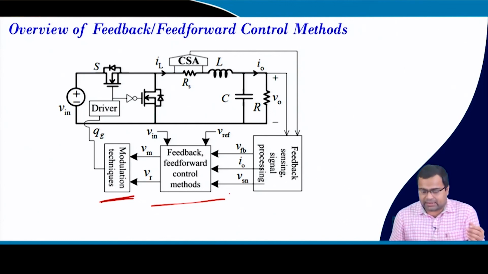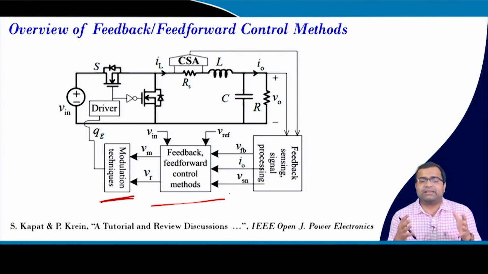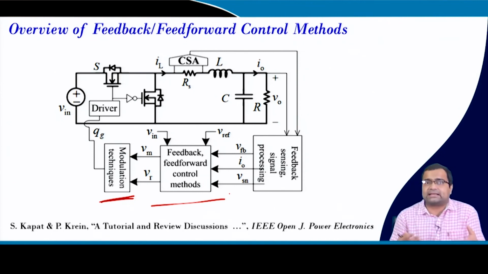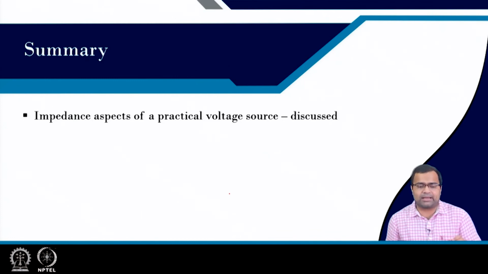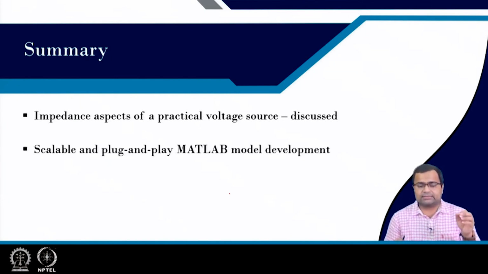So, this feedback and feed forward control can play a significant role. In the rest of this lecture, now that we are somewhat clear about the need for control, we will go ahead. Okay. So, in summary, the impedance aspect of a practical voltage source was discussed,